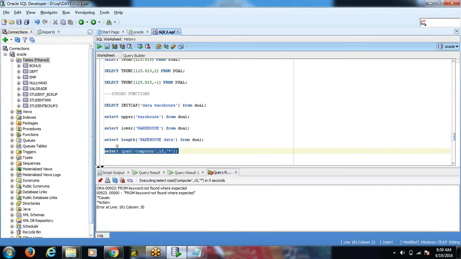What is the error it threw? Can anyone guess what error is thrown? From dual. Okay, some table should be there when we are using select.